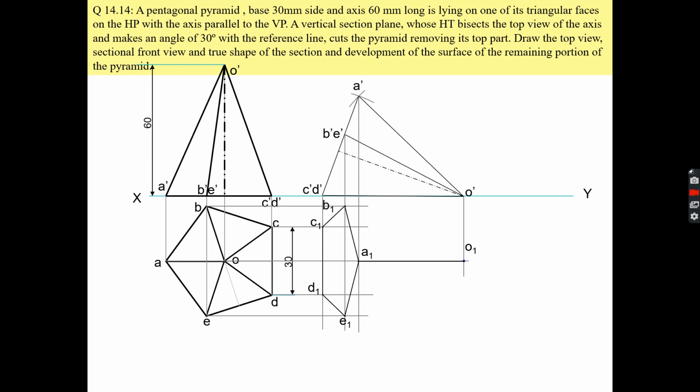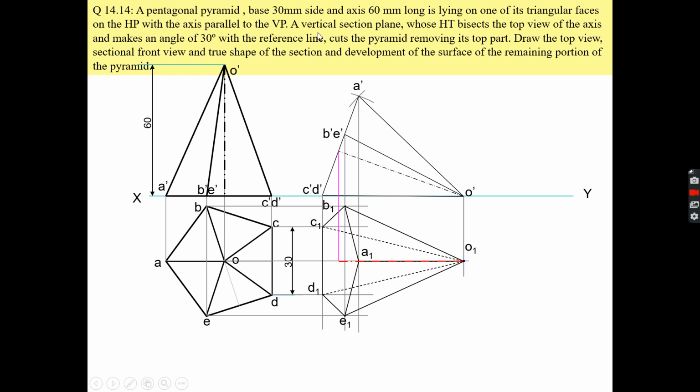So your base is visible and this face is visible, O1 A1 B1 and O1 A1 E1. And your two slant edges O dash C dash D dash are not visible. So you will make it with the help of dash line like this. Okay. Now your top view is completed, and this point you also have to mark here, right? So this is now your axis. With the help of the red line I have shown here, this is your center line, right?